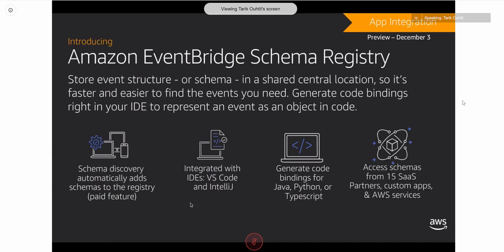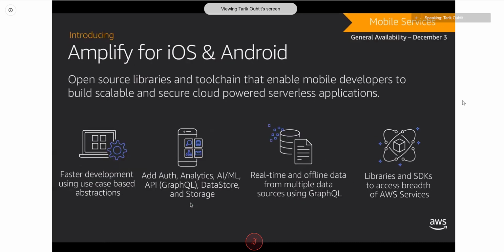So if you're sending your events through EventBridge, it has a learning mode where it can automatically watch all the events flying through your system. Normally you'd do this in a development environment, and it can learn about the schema of these events. And what's really cool is it can automatically build for you an SDK of your events. So within your own programming language, you get things like autocomplete on all the fields in those events, both of your own custom event schemas and also the ones from SaaS providers and AWS. So this is really core and interesting functionality for those developing serverless applications, and it really helps as you scale up your serverless usage.